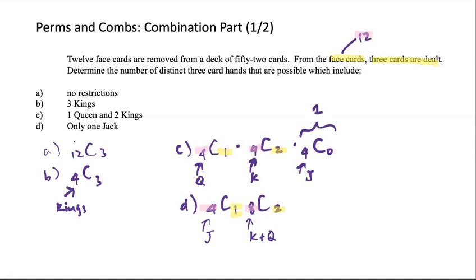Same thing for the kings. We can times it by 8 and 0. And the 8 in here, they're queens and jacks. Once again, this is a 1, so we don't need to add in anything. It's not necessary. Okay? So 4 and 8 add up to 12. 4 plus 4 plus 4 is 12. And then 3 plus 0 is 3. 1 plus 2 plus 0 is a 3.